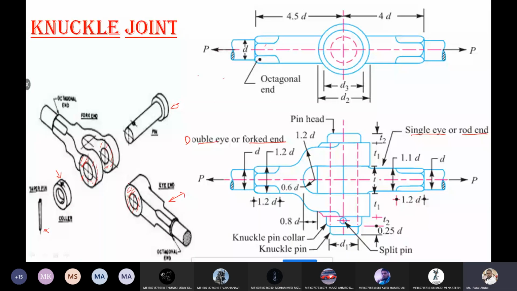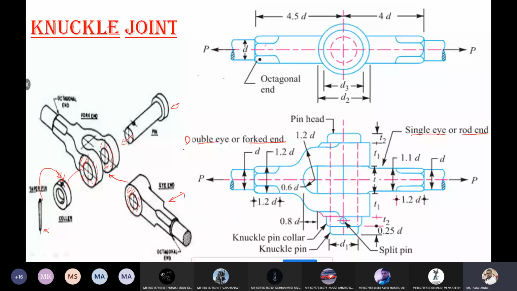First this one is inserted, as you have just seen in the video. Then after inserting this one, the pin is inserted. Then on that pin, the collar is inserted, and finally this cotter is inserted through this hole. Now we are going to design its dimensions, and then check whether it is safe or not. The same procedure as in the previous cases is adopted here. Now one by one we are going to solve.